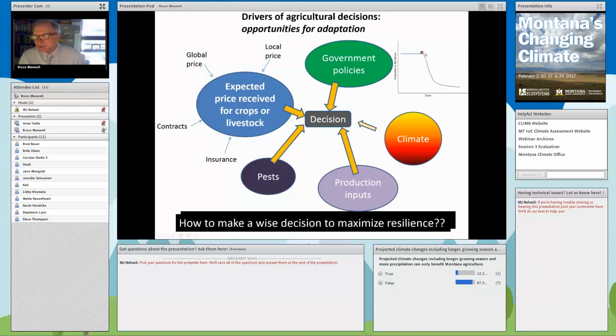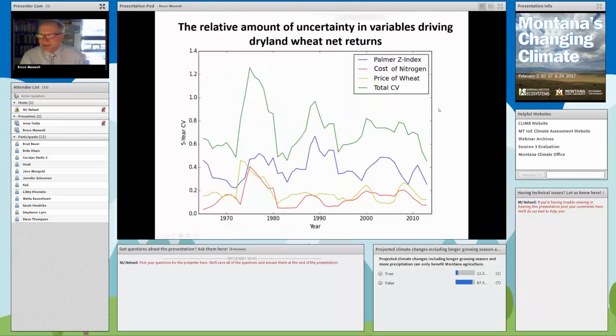Just to give some sense of the relative amount of uncertainty and variables driving dryland wheat net returns as an example, here I've plotted the Palmer Z index, which is just the drought index, and basically a climate variable, relative to the cost of nitrogen fertilizer, relative to the price received for wheat, and then of course totaling those, we can get a sense for what the relative